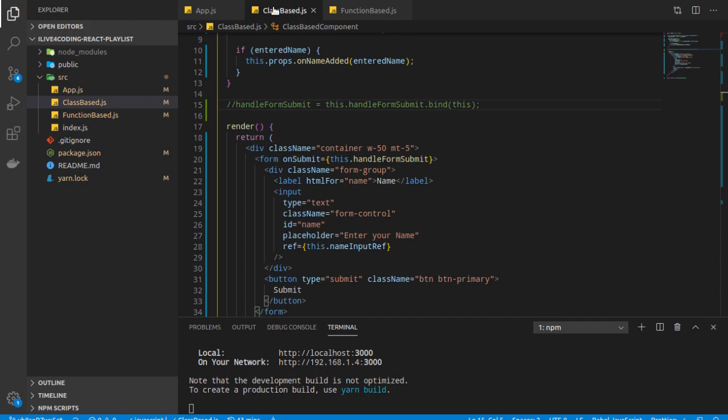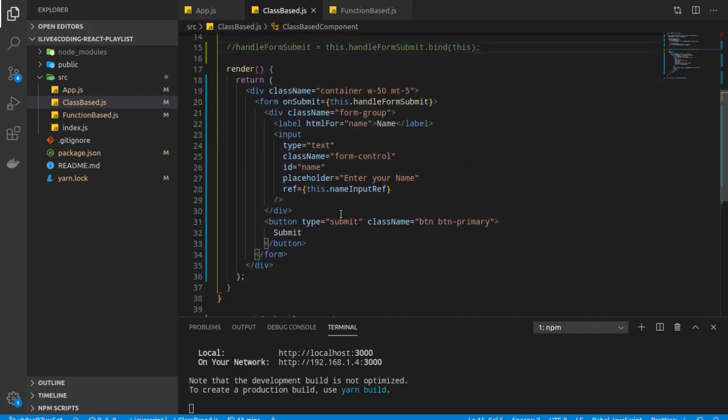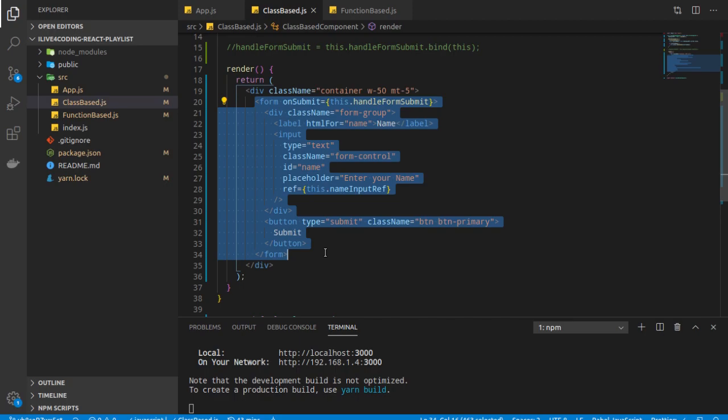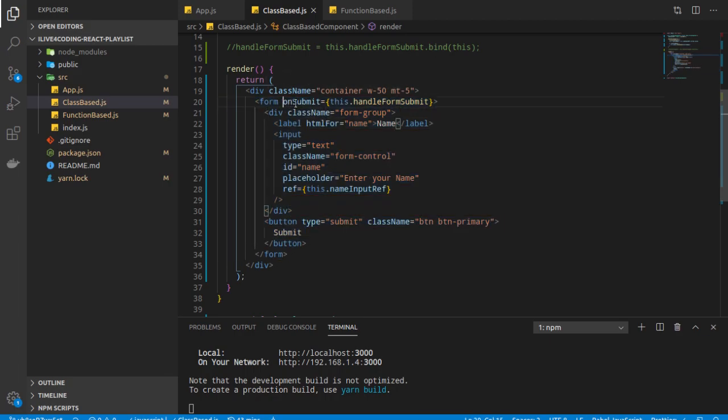Starting with the class based component, to get the values from the form and handle the form submit, what we need to do is create a general form, the same way you create it in normal HTML, then use the onSubmit event handler.